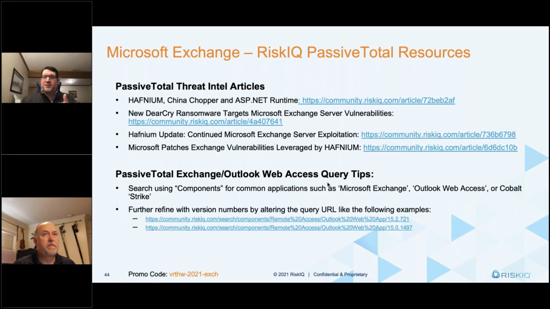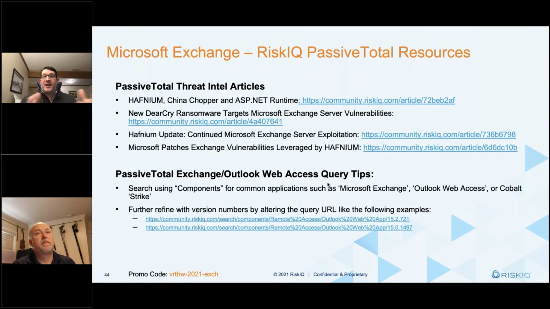RiskIQ from a PassiveTotal perspective, as you guys are logging in, either at the organizational or at the enterprise level, you'll see threat intel articles. We've got a number of those published as we continue to follow this. One thing I would anticipate as we get more understanding of some of the network indicators involved. Again, we're an internet intelligence company. As we get more understanding of those, particularly from incident response firms or DHS, CISA, as those become available, I think we'll be able to accelerate in our own research and understanding of some of these threat actors, campaigns, and pulling it apart.